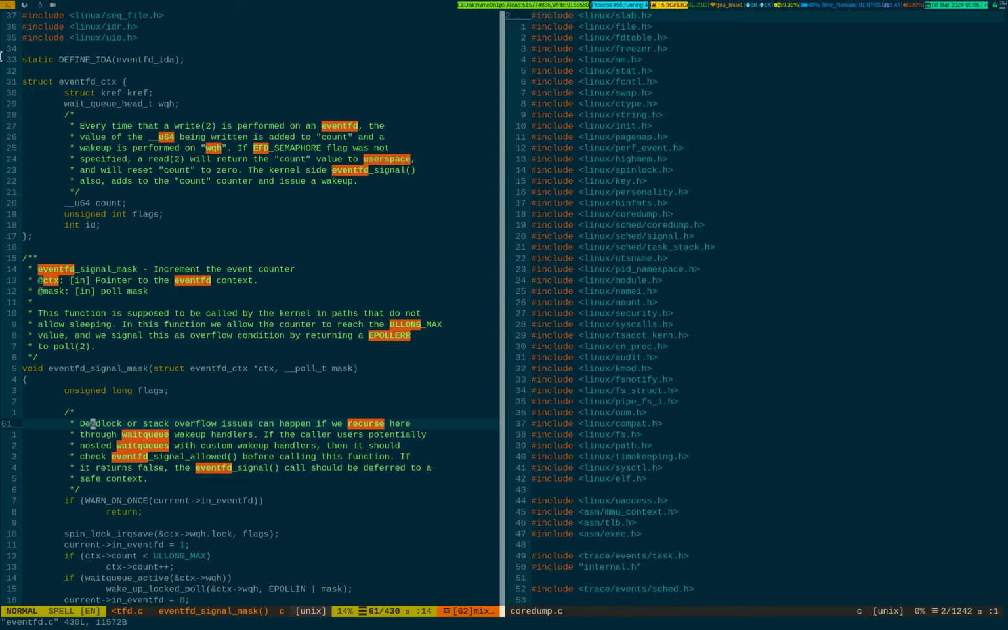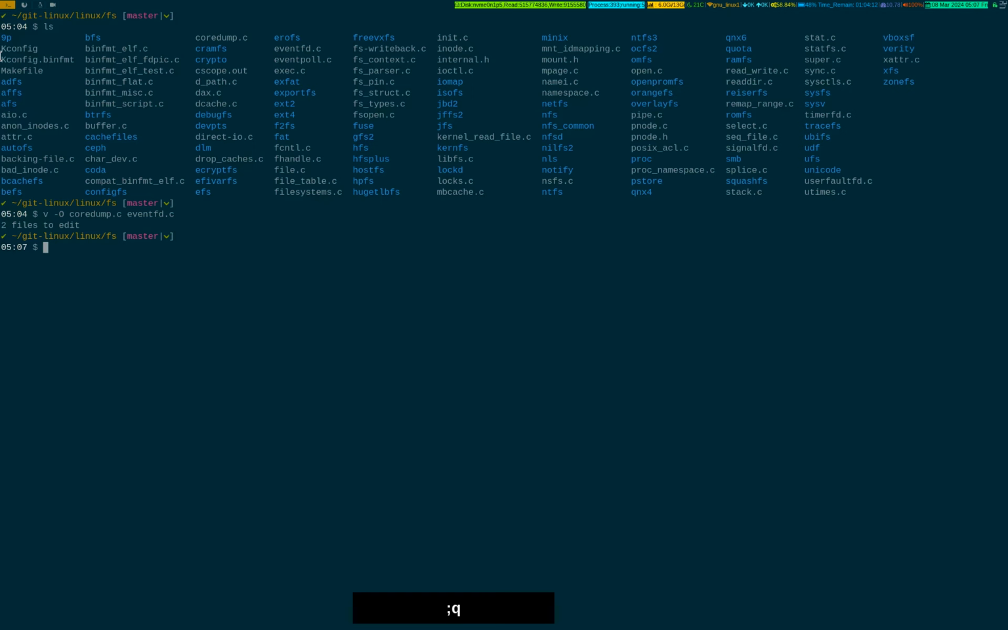Now for instance, if you want to close it, I have a mapping in my vimrc. So all I have to do, leader key is the semicolon key on my machine. It could be different on your machine, right? So leader and Q will close both the files at once. Okay, so what I have in my vimrc,